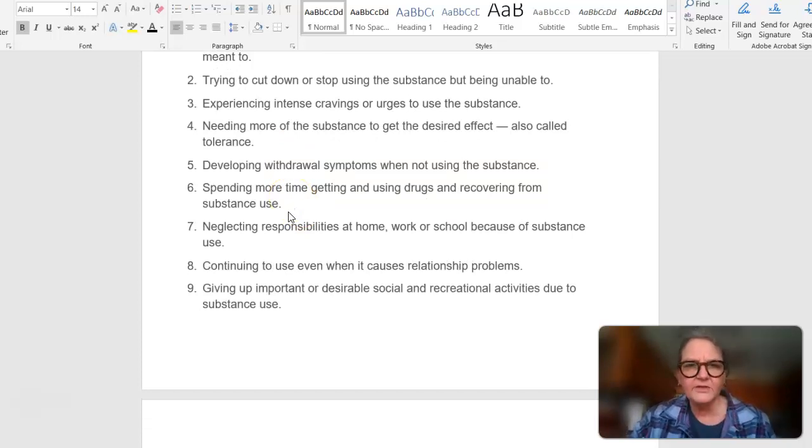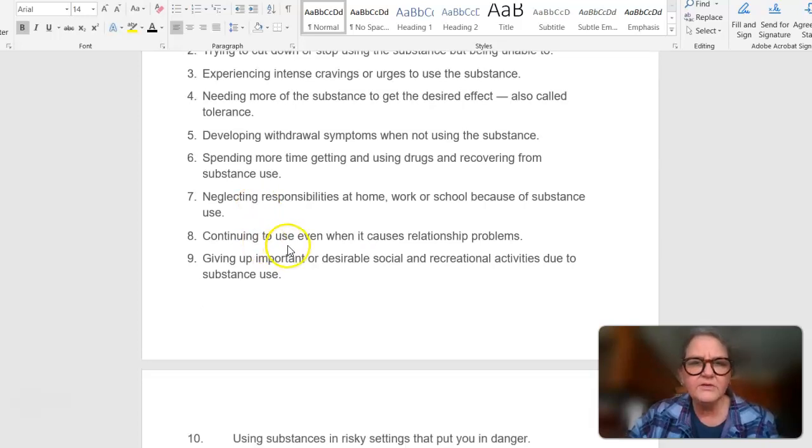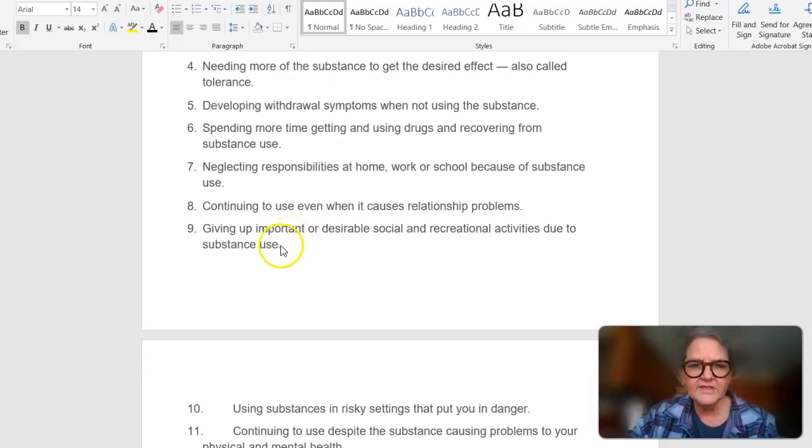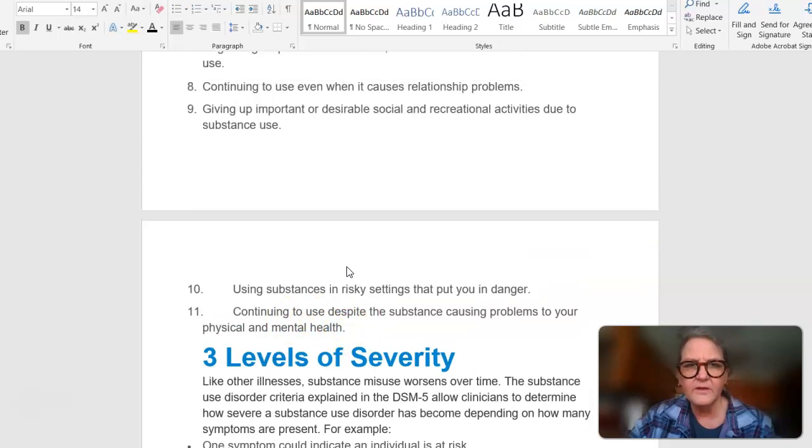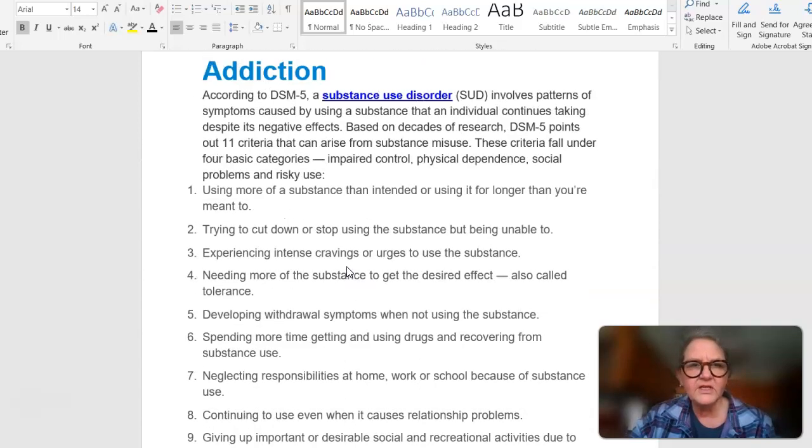Spending more time getting and using drugs and recovering from the substance use. Neglecting responsibilities at work, home, or school because of substance use. Continue to use even though it causes relationship problems. Giving up important or desirable social or recreational activities due to substance use. Using substances in risky settings that put you in danger, like driving while impaired. And continuing to use despite the substance causing problems with your physical or mental health. So all these 11 criteria,